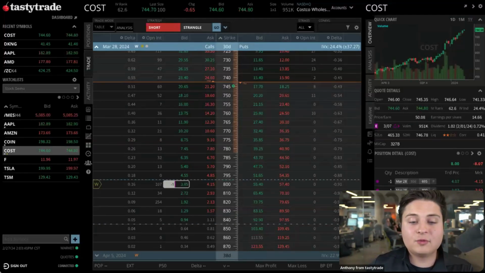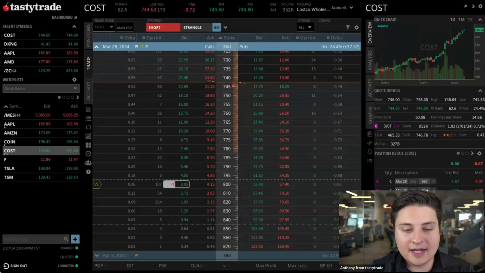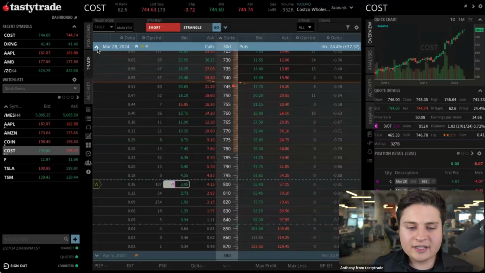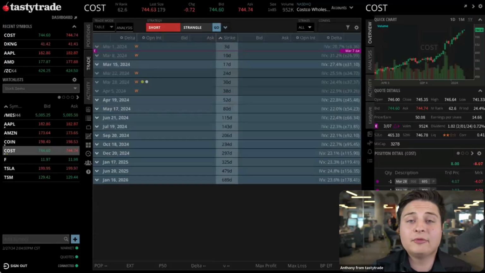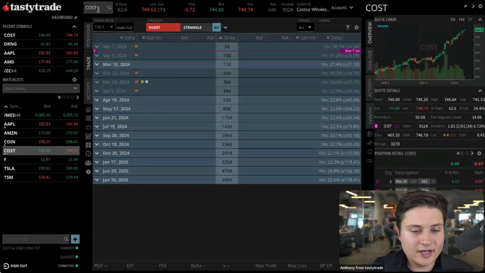All right, everybody, since we're back on the trade tab here, there is one more thing I forgot to show you all earlier. It is our new strategy selector tool. Well, it's always been on there, but we did recently implement the advanced strategy selector, which is new to the tool here. So if you're new to trading spreads, or maybe you're not very comfortable queuing them up on your own yet, and you just prefer to set parameters that you typically like to follow, you could do that all here with our strategy selector tool. So let's go ahead. I know we've got a trade on in Costco already. Let's pull something else up. Maybe we'll go with